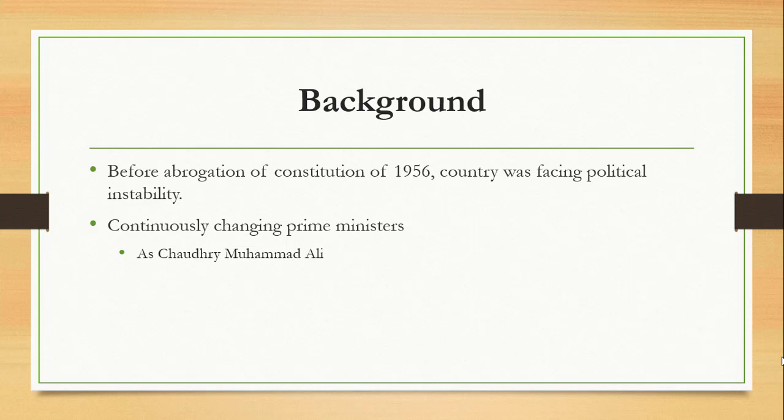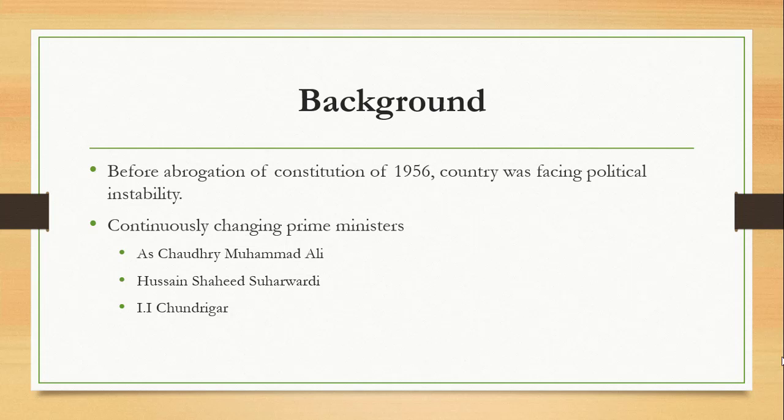Chaudhry Muhammad Ali appointed Dr. Khan, an old congressman, chief minister of West Pakistan. He got a vote of no confidence and resigned on 12 September 1956. Then Hussain Shaheed Suhrawardy came as new PM, and in his era, deadlock was created between both the provinces on the issue of separate or joint electorates. He also resigned on 18th October 1957.